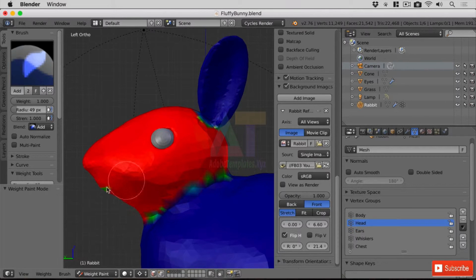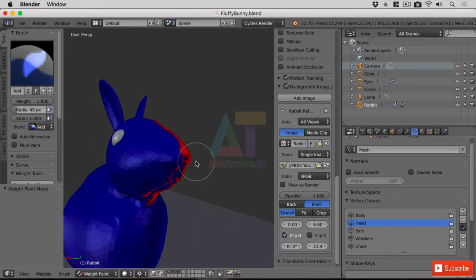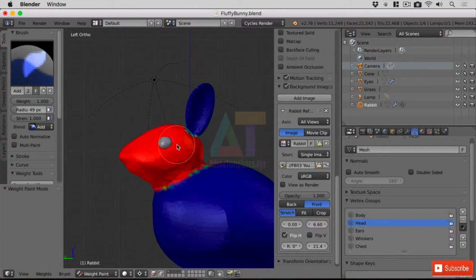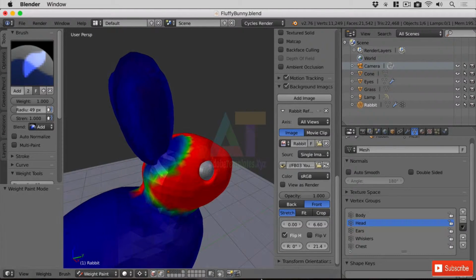Now there's one thing we're going to have to bear in mind when doing this. So that's that there. Let's go round. Oh, I didn't have limit selection turned off. So let's go through and just whiz over real quick that area there. Should have included most of it. Okay, so let's turn it back on again and go round the top of the head